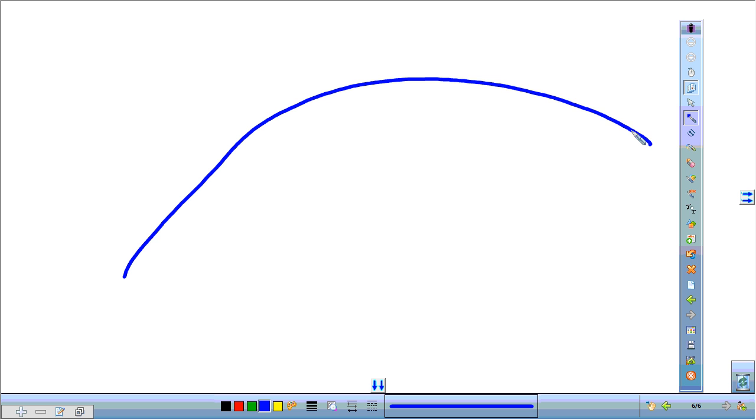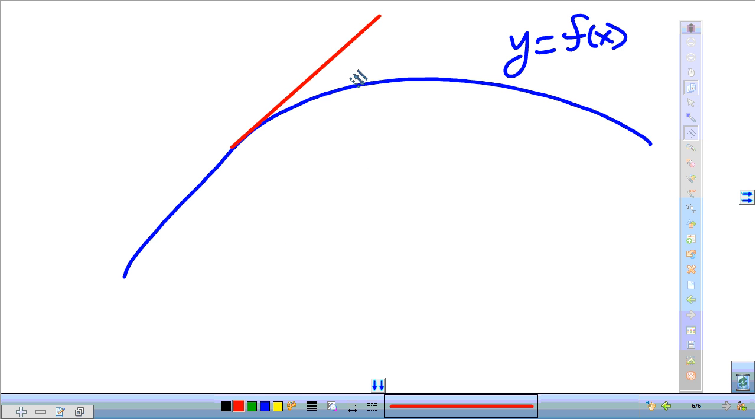So if we took a piece of y equal f of x, and we wanted to somehow come up with a tangential slope,